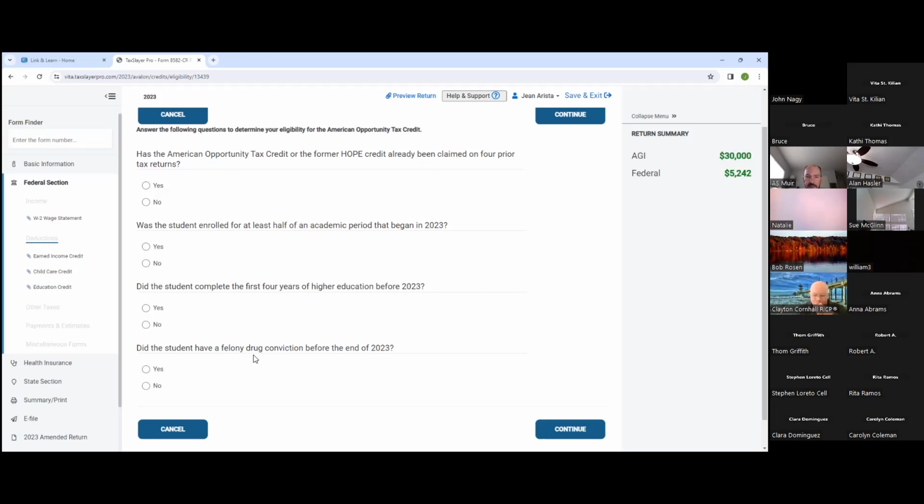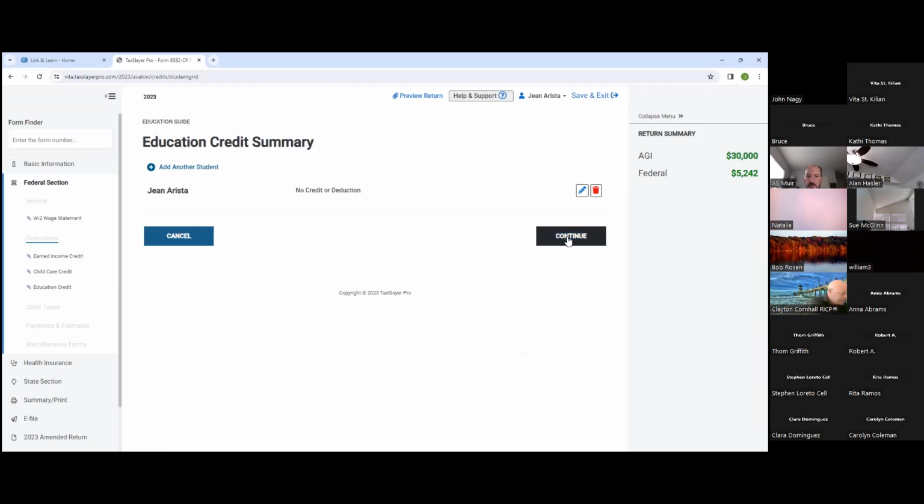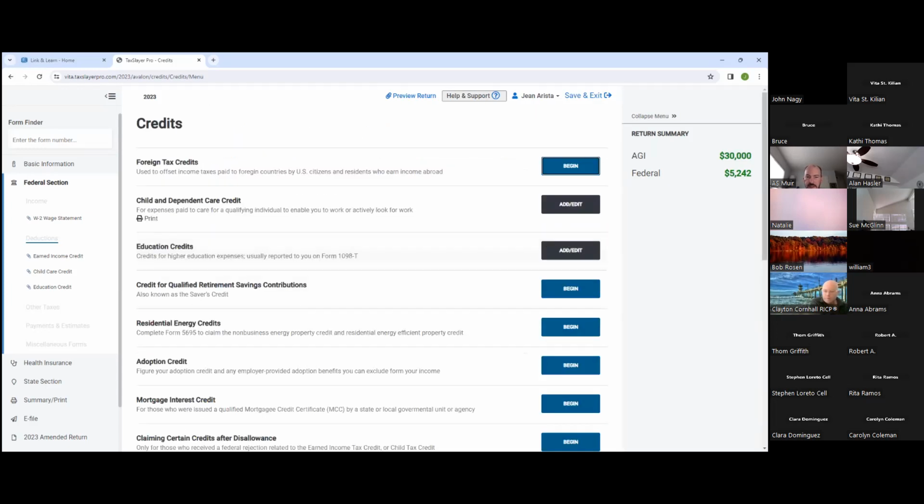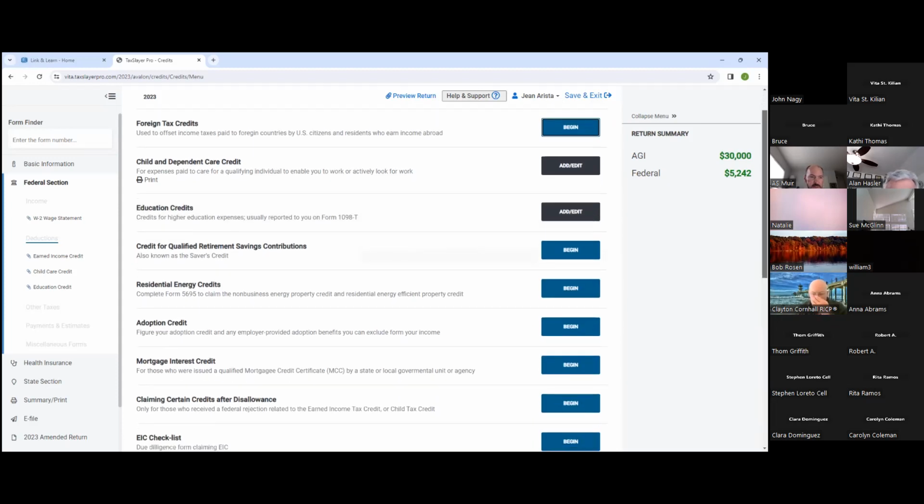And I would imagine that if you go to an examination, the IRS has some type of ability to reach out to the Department of Justice to determine if you've got a conviction. Okay, we're going to hit cancel. And then we're going to get past this. Okay. And then let's go ahead and put in that jury duty.